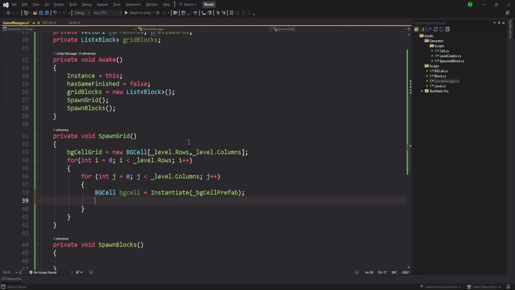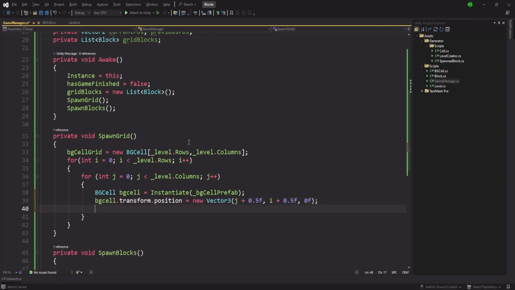And after instantiating, we'll set the transform position to be a new vector 3. For the x coordinate, we are going to pass our j value. As I told, the positions are reversed. Similarly, for the y coordinate, we are going to pass the i value, and for the z, it is going to be 0. And we will initialize with our